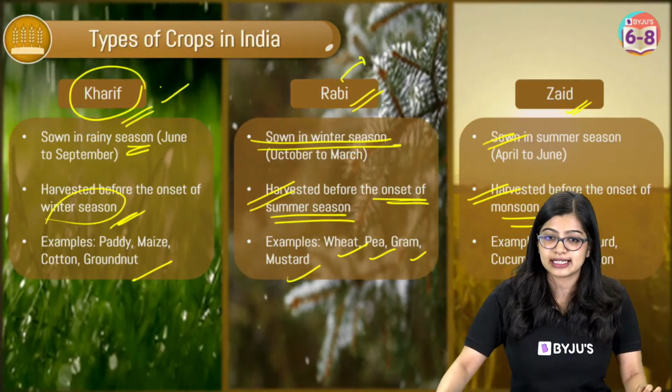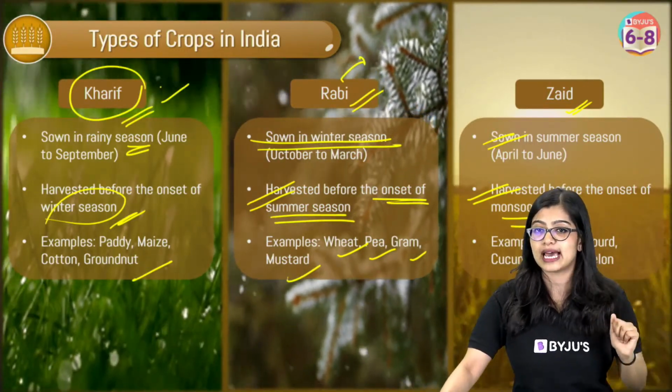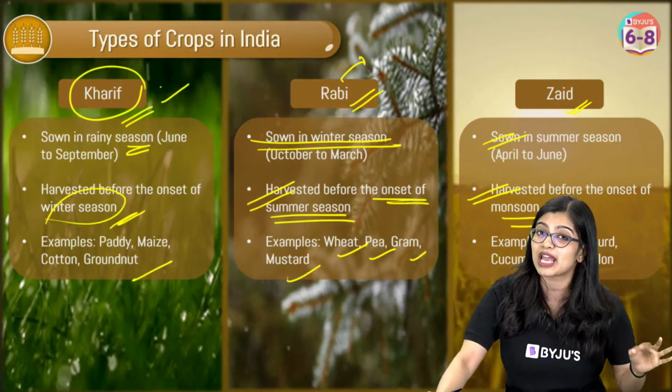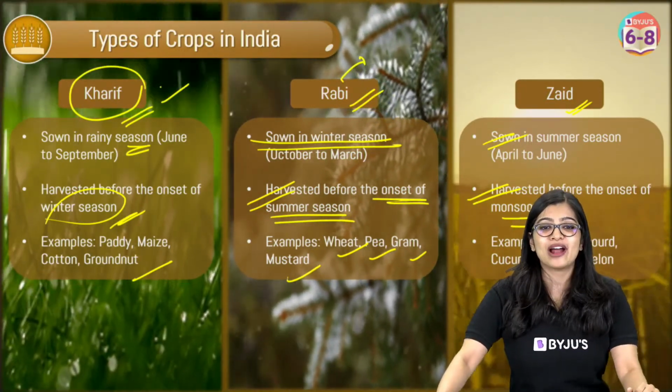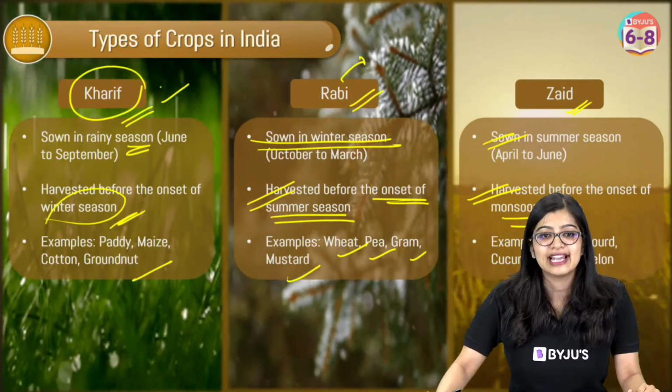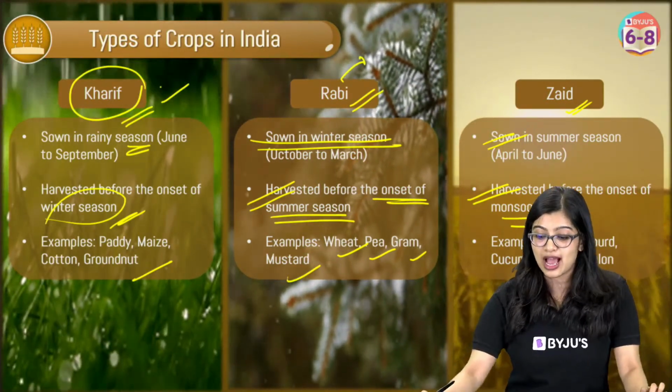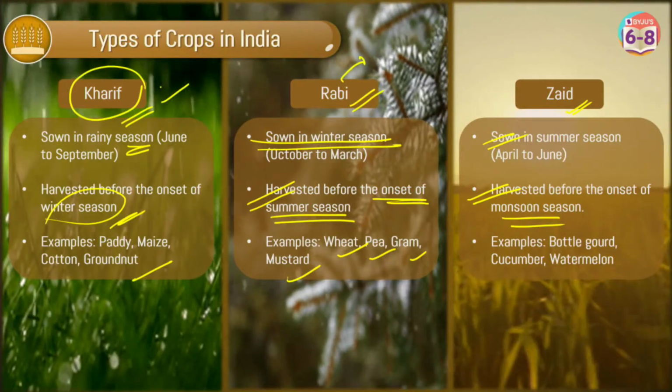Alright, I can see that most of you are able to understand this. Again, Rabi comes from the Arabic word which suggests winter. Wonderful. So now that we have looked at what the 3 types of crops are,